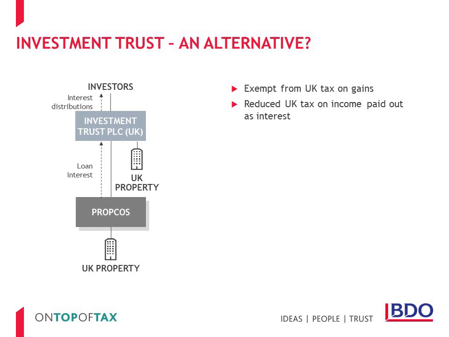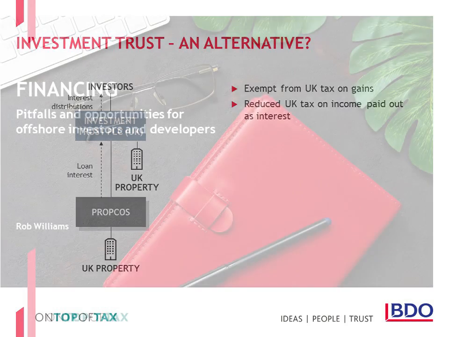Furthermore, for mixed trading and investment groups, it's possible to convert from an investment trust to a UK REIT or a PAIF at a later date if the balance of the group's business moves towards investment. The investment trust regime has its conditions, such as a requirement for the trust to be non-closed and its shares to be admitted to trading on a regulated market. However, its conditions in general are less onerous than certain other structures.